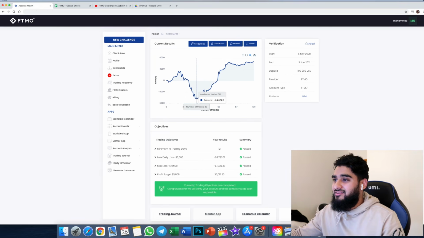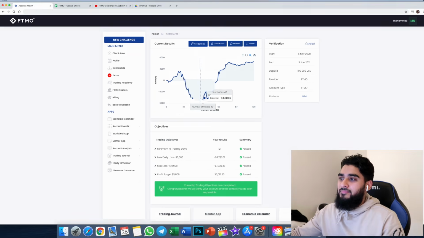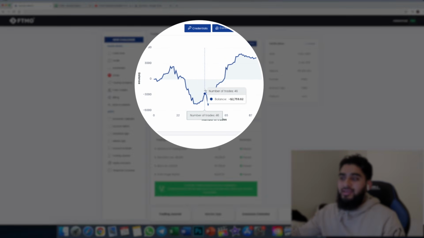I don't think I can actually recover this, because now the daily cap is really tight, the max loss is really tight. I can't over leverage on some trades and try to make it back. However, I did take a little spike up where I was down nearly 2.7%, and right after that I took another dip which took me down nearly 5% in total of this account.